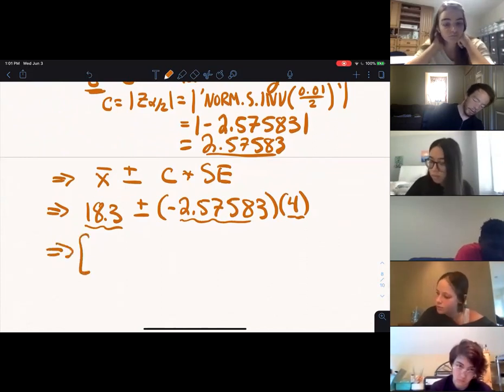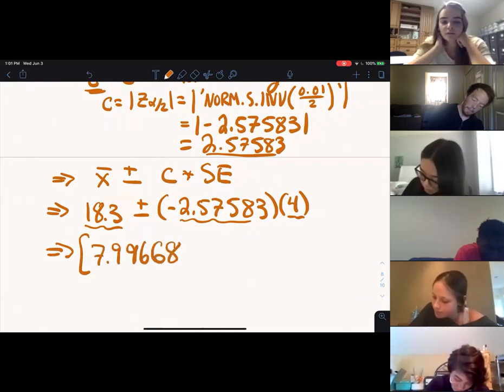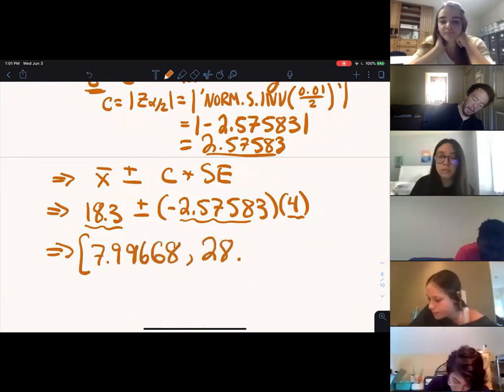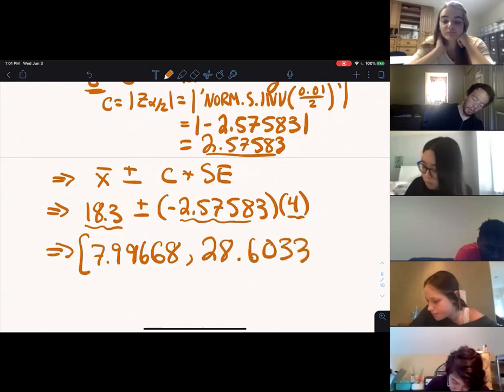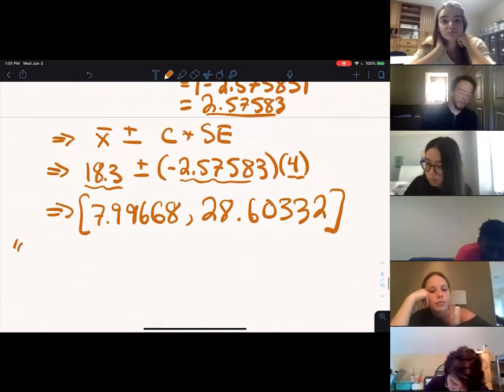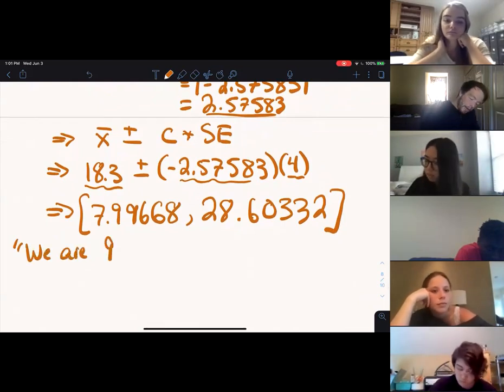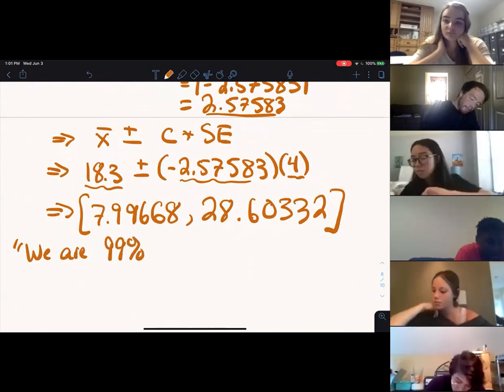And if you calculate this all out, you get 7.99668, and then 28.60332. So I would present this confidence interval, and I would say we are 99% confident